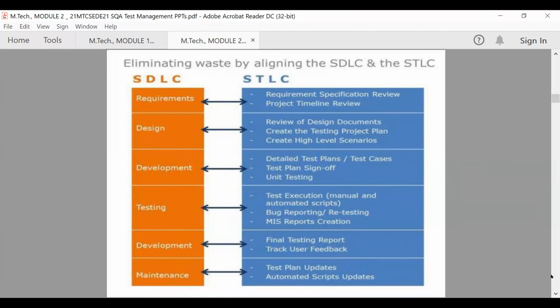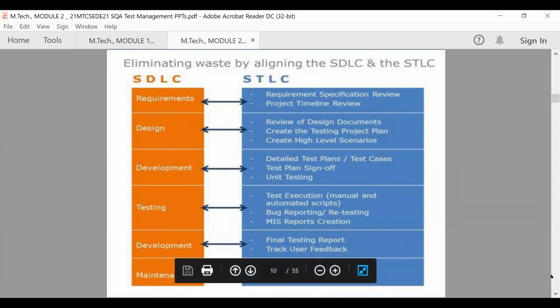Once the testing is done, alpha testing and beta testing will be given to the end users for getting the feedback. The users' feedback will be collected. Then the test plan updates and the automated script updates will be generated for the future.